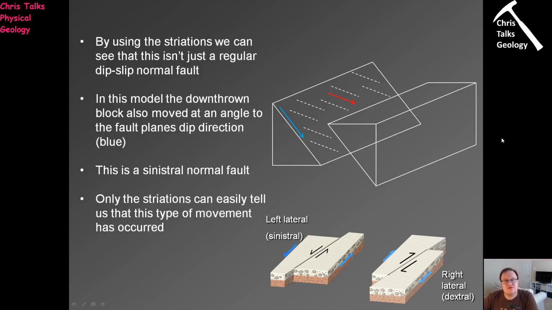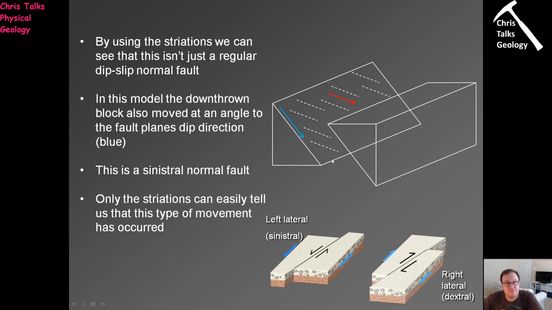Okay, so why are these striations helpful to us? Well, if you imagine that this is our fault, this is the hanging wall block here, and this is the footwall block. Now, in the model which we've been discussing earlier, you would expect this hanging wall block to simply drop straight down with dip. So the dip of this fault plane here is marked out by the blue arrow. So you would expect this hanging wall block to drop straight down, essentially following the path laid out by the